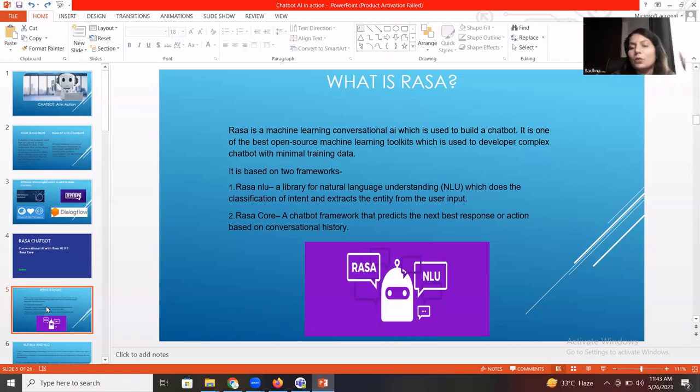The next part is Rasa Core. Rasa Core predicts what could be the next response based on the conversation history. So in Rasa Core, basically we are predicting. Let's say initially you're asking about the name of the person or the location from which place it goes. What could be the response to this question is designed under Rasa Core. It's a kind of conversation flow design in which we predict the best response. Correct? So that's a basic understanding of Rasa NLU and Rasa Core.